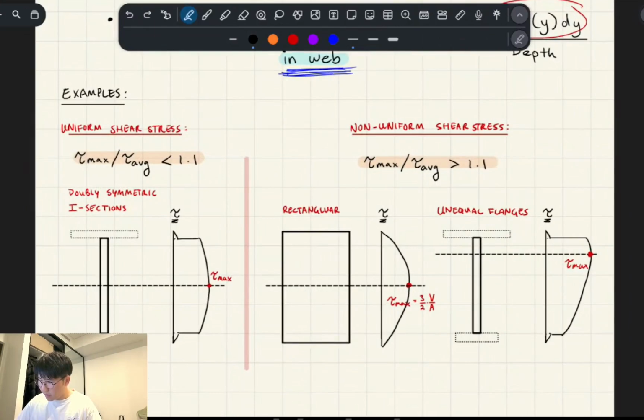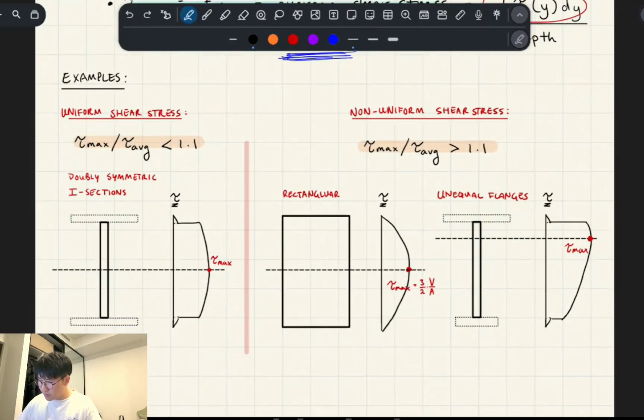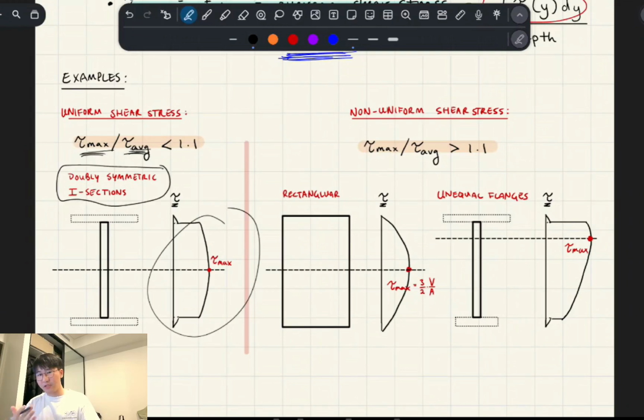So some more examples. Basically we say that in general for doubly symmetric I sections, the max divided by the average of our shear stress distribution, we say it's less than 1.1, and then it's considered